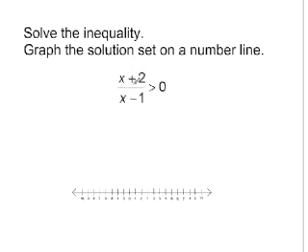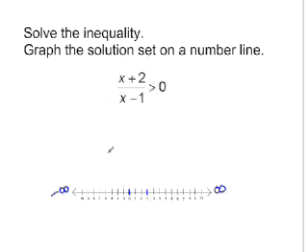Negative 2 causes the numerator to be equal to 0, so I'm going to identify that negative 2 is a critical point, and also positive 1 is a critical point. And we've taken the number line and we've divided it up into three intervals: from negative infinity up to negative 2, from negative 2 to 1, and then from 1 to positive infinity. And we'll choose a test point in each interval to see whether or not it makes this a true or